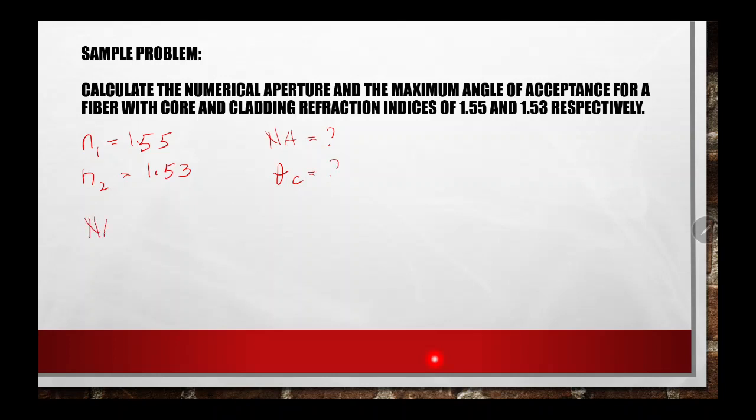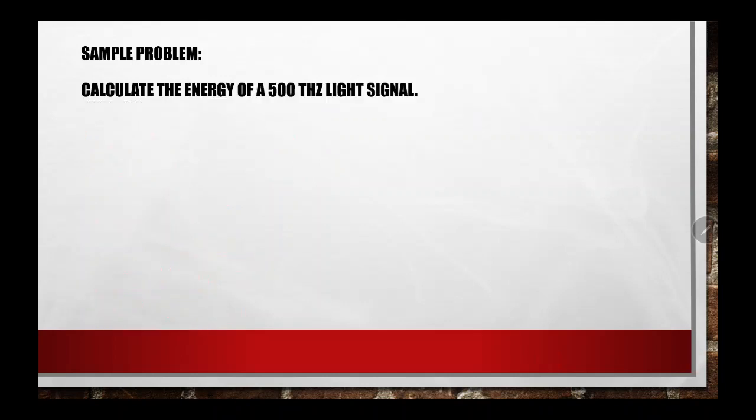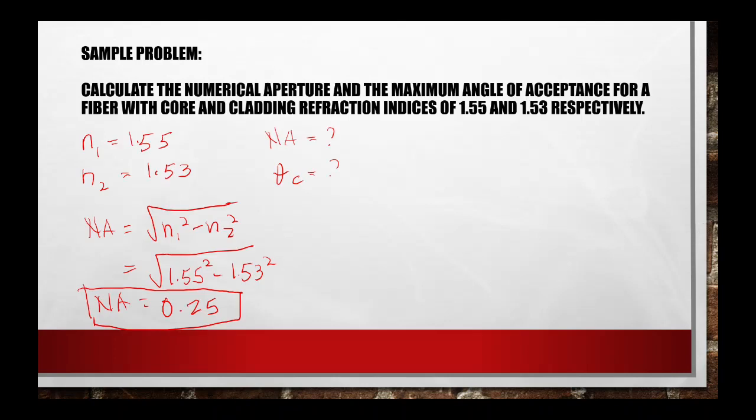So, NA is basically equal to the square root of N1 squared minus N2 squared. So, i-substitute lang natin, square root ng N1, 1.55 squared minus 1.53 squared. Ang NA will be, based sa calculator, 0.25. So, ito na ngayon yung numerical aperture. Unitless yan. So, for the acceptance angle,